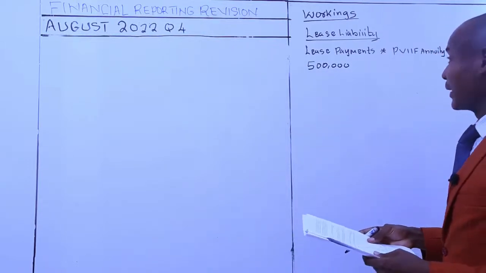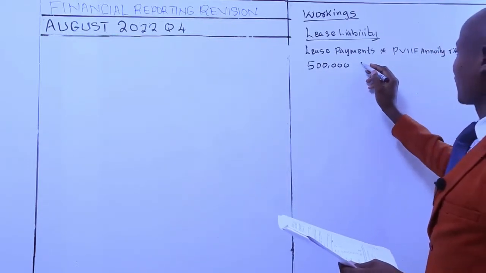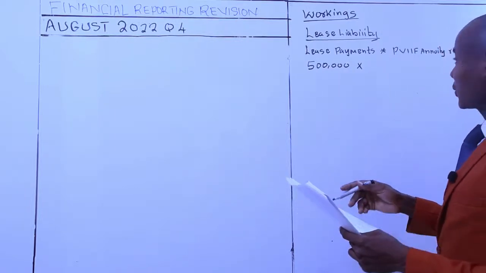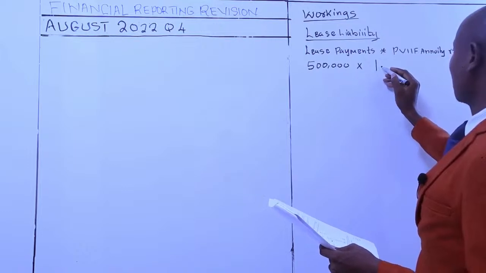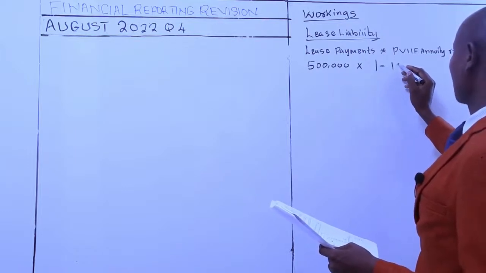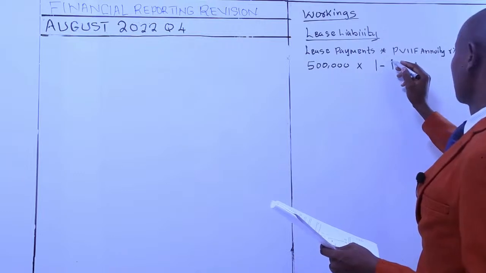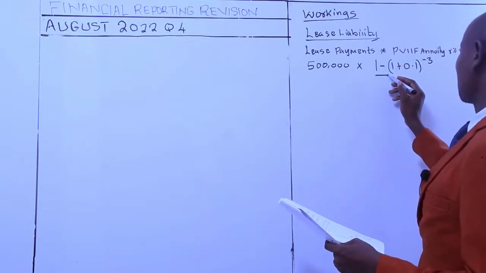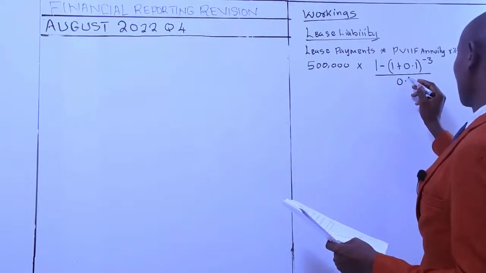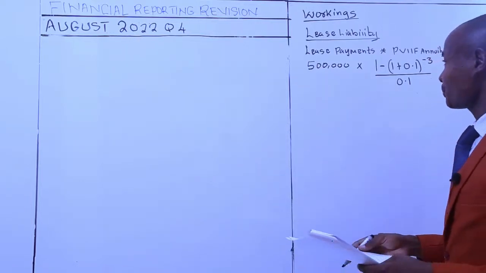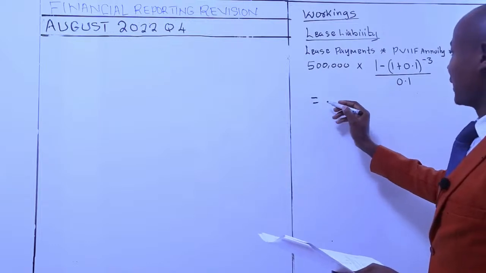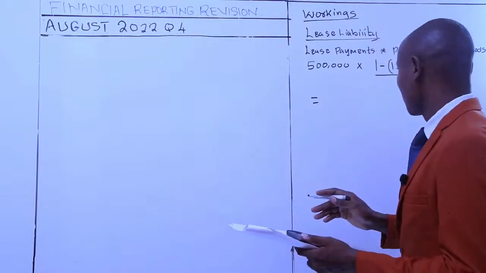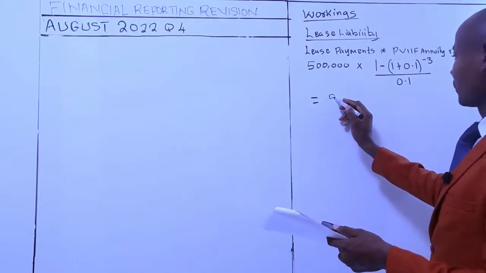That is to be multiplied by the present value interest factor of annuity. We were given the discounting factor or the borrowing rate, which is 10%. So that will be computed by taking 1 minus 1 plus 0.1 raised to power negative 3, because a period of 3 years. Then we divide that with the R, which is 0.1. This will give us the lease liability, and the lease liability will amount to the following, and that is 500,000